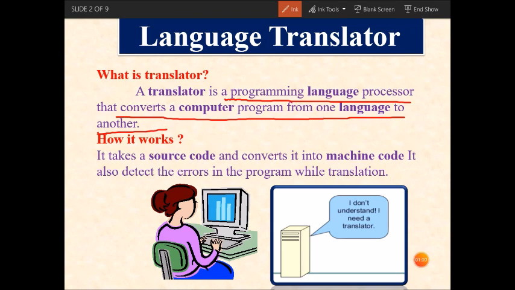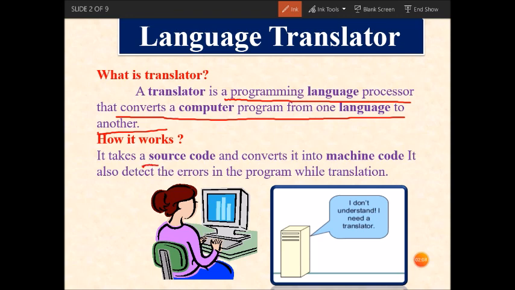In the same way, in computer, we generally write a computer program using high level or assembly level languages. But these languages are not directly understood by the computer because computer understands the program which is written in zeros and ones, which means in a binary or machine level language. So we need a translator to convert or translate this code into low level and machine level language so that the computer can understand the instructions given by the user. Now see how it works.